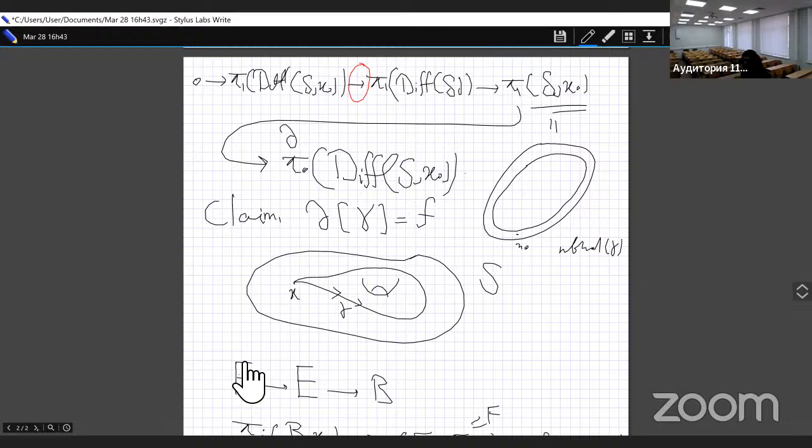Then the map does the following thing. It's the identity on the boundary, and then we transform this interval, which I've just shown, to